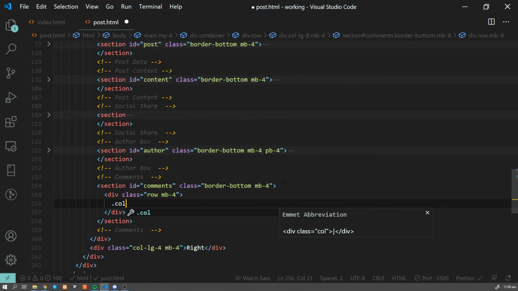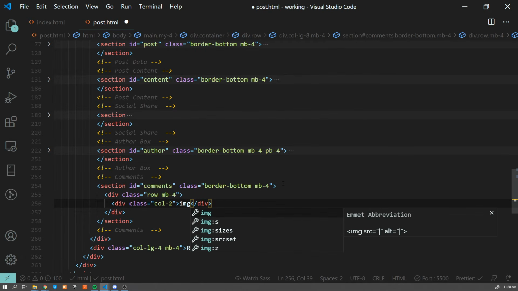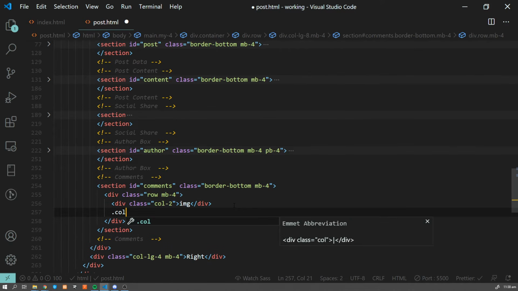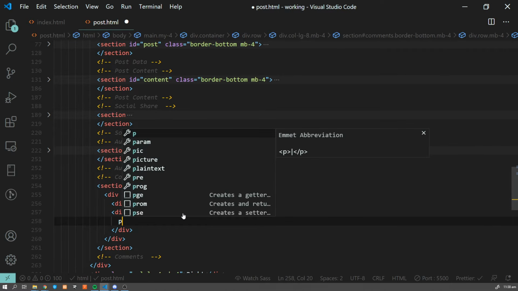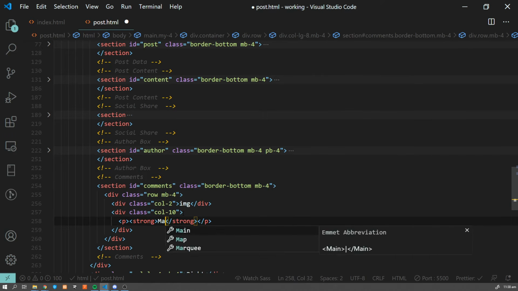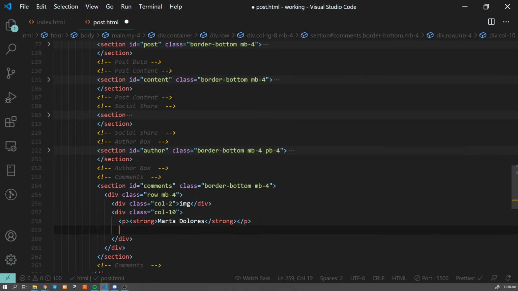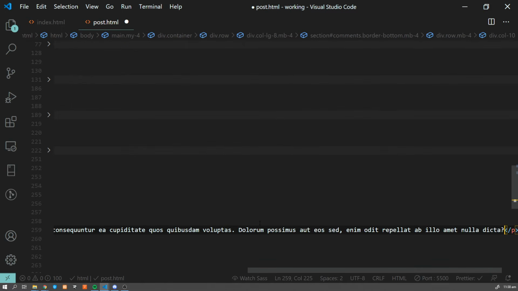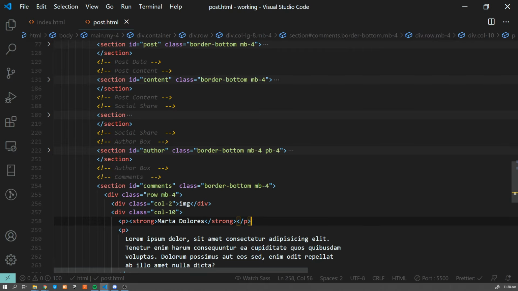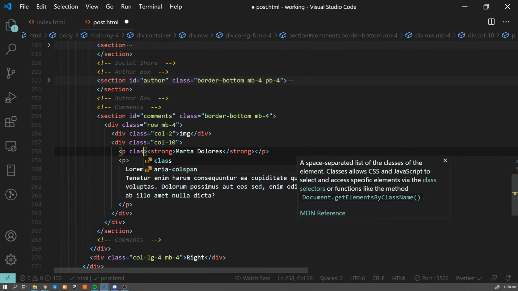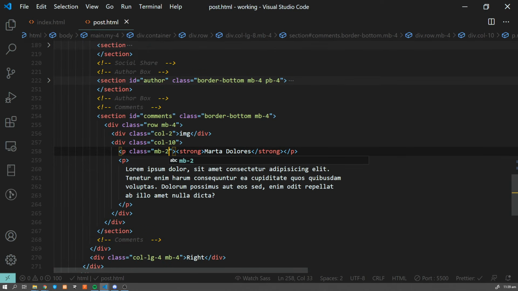Now col-2, and that's going to be the image, and col-10, and that's going to be our text. So we have p strong Marta Dolores, p lorem 30. Let's add some margins. Let's add image,